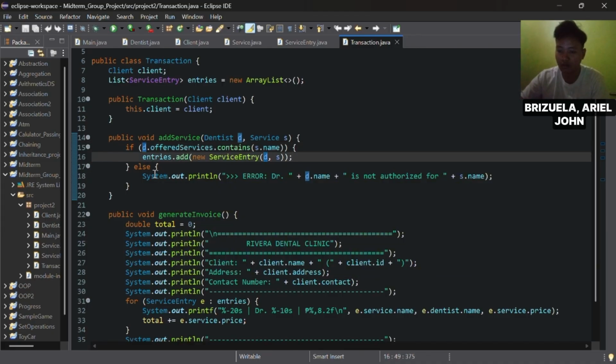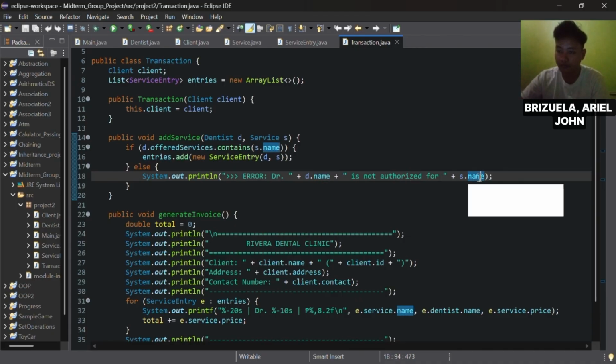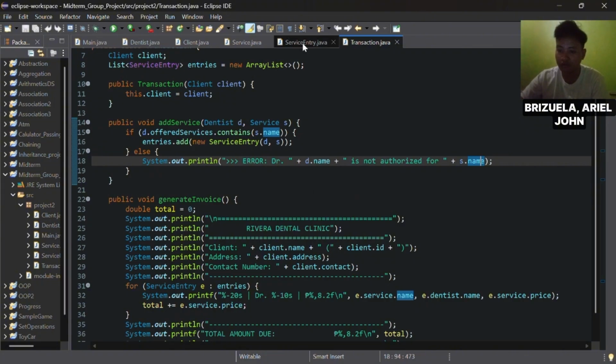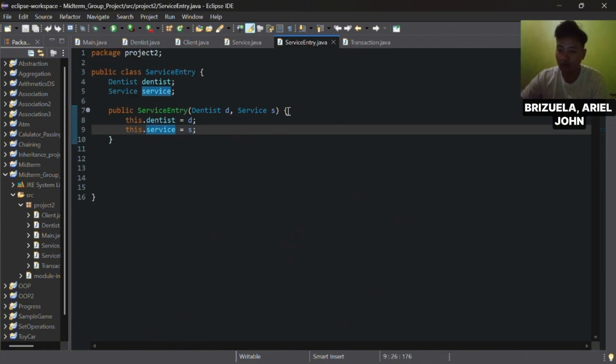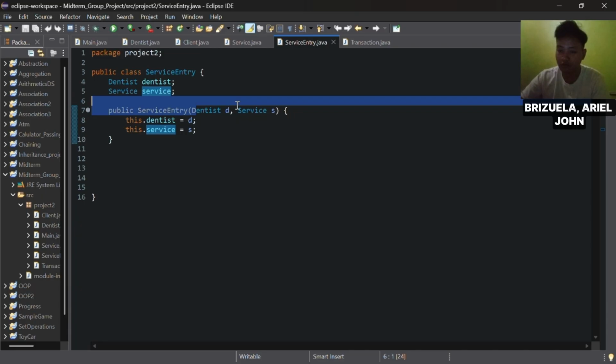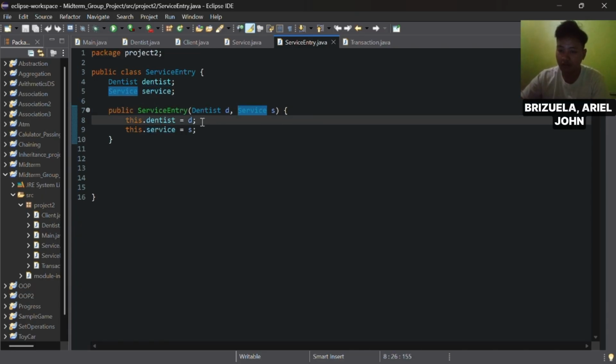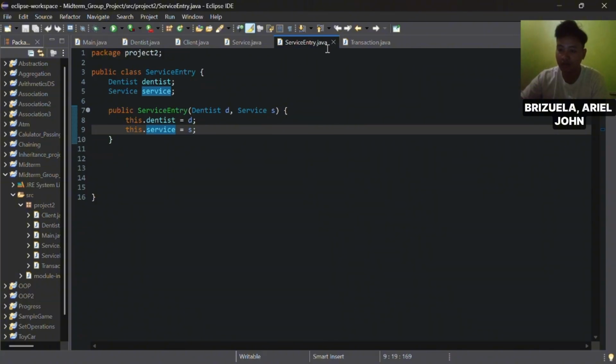If not, it will print the error that this doctor does not authorize or offer these services. So when we go to the service entry again, which accepts our constructor D and S, the dentist and the service now have the data for that transaction.